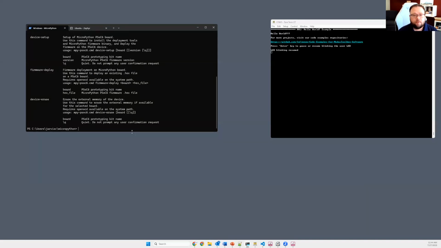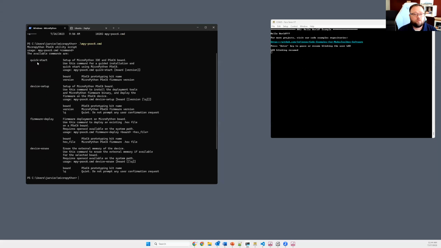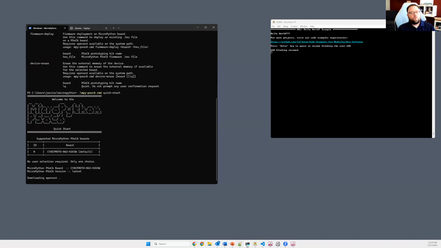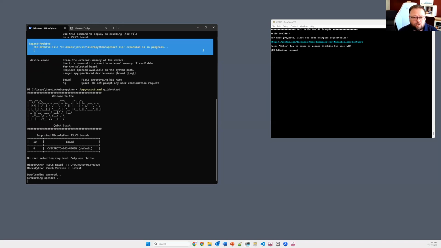Kind of like the help. It's got parameters for doing the quick start. I can do device setup, deploy the firmware itself, or erase the device. We're going to do the quick start option. This is going to go through and download any additional pieces that we need. So it's going to download the OpenOCD binary, which allows it to program MicroPython into the device. This takes a couple of seconds to go through. Once the